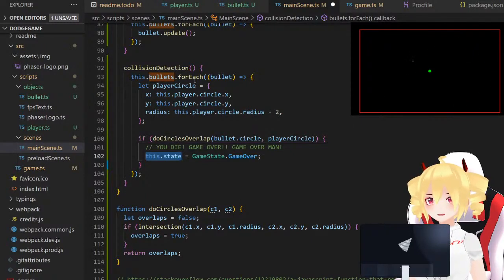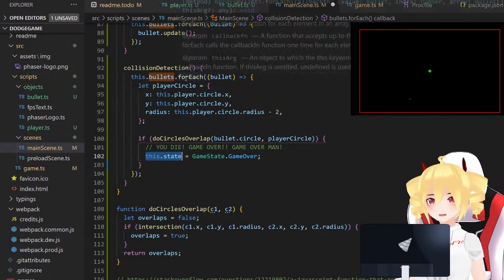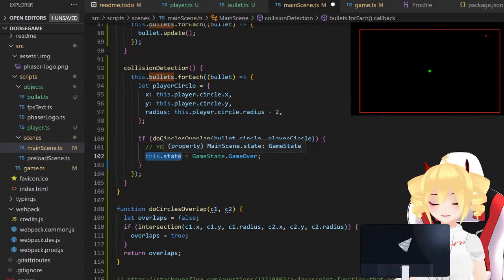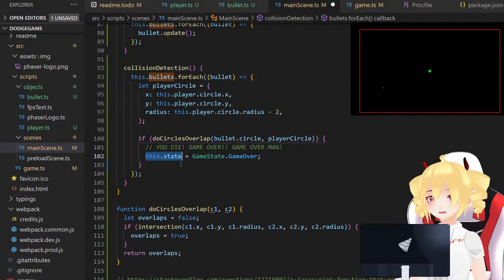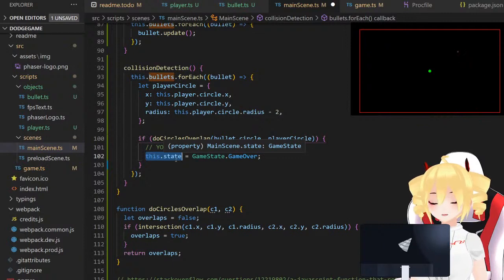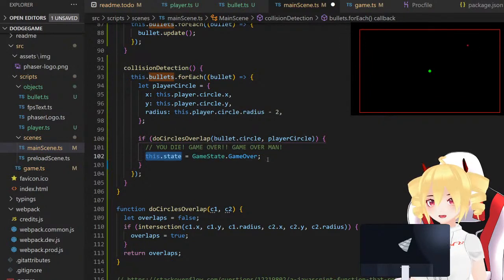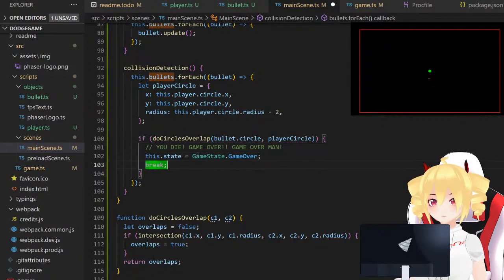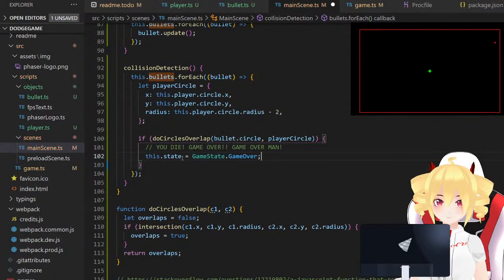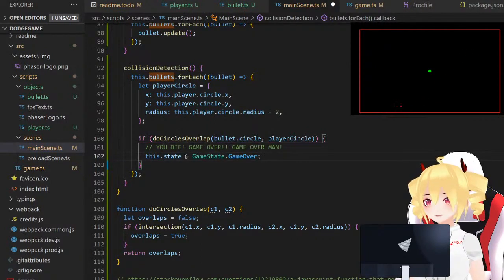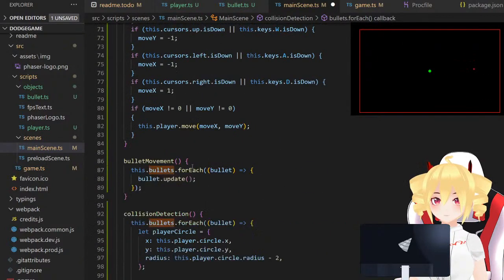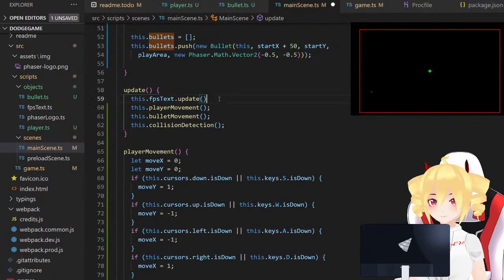potentially, if I wanted to, I should do a regular for loop here if I want to break out. You can imagine there's multiple bullets flying around the screen, and if I had any logic in here, I would want to break after that, but you can't break out of the for each loop, but that's fine, because I'm going to handle the state change up in the update function. So